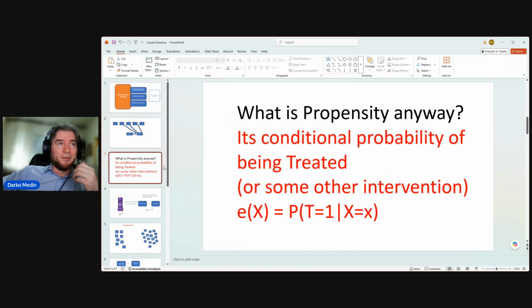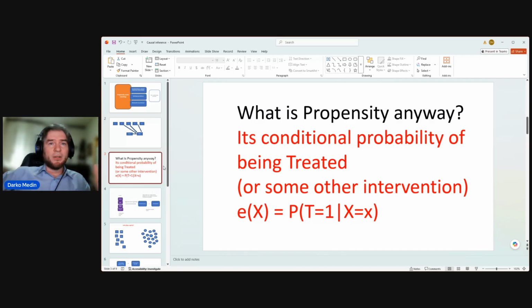It's interesting that propensity is actually nothing but a second name for conditional probability. So propensity is really a conditional probability of being treated, or in other segments, non-life science segments, conditional probability of the intervention, which is pretty much the same,